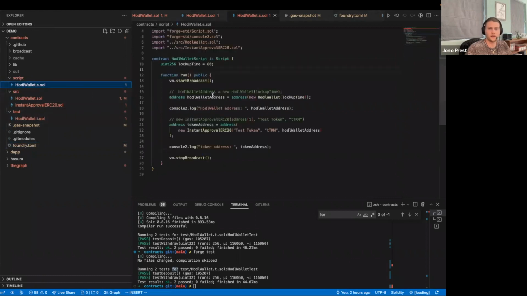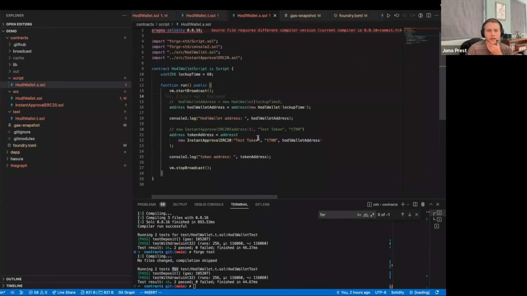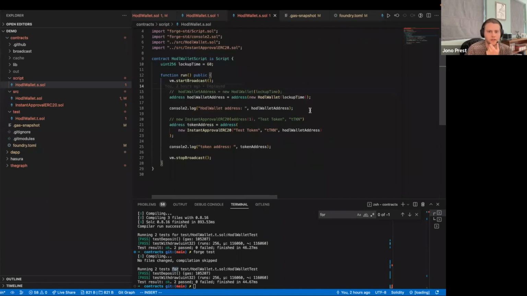So another cool thing that Forge gives us is the ability to write deploy scripts in Solidity, which is amazing because usually you have to write these elaborate JavaScript files that chain promises together, get addresses from each other, and have to essentially deploy something to read the next address before it can action the next one. So in Solidity, it's so beautiful because as you create this, for example, this run script here, I create this new